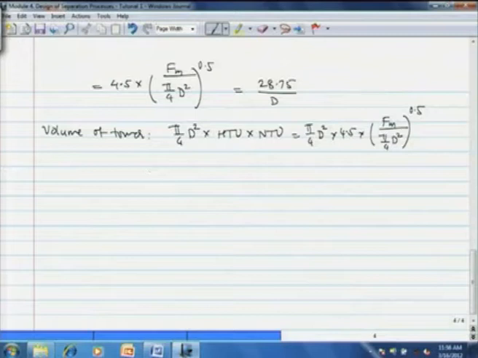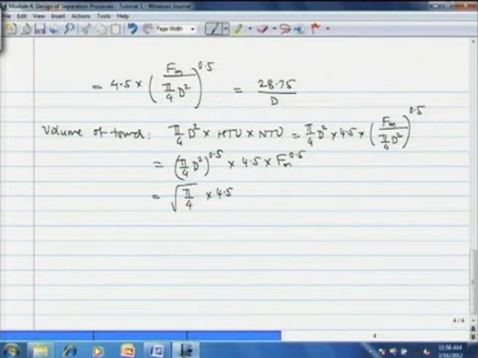And now, after substituting all values, we get this, and then after simplification it gives 22.58 into d, that is the volume of the tower in terms of